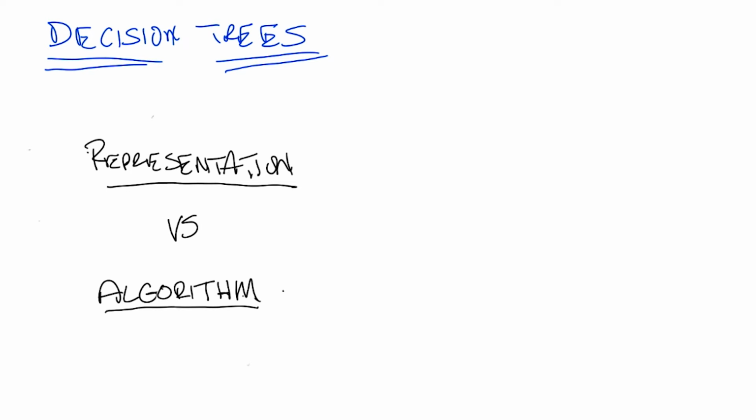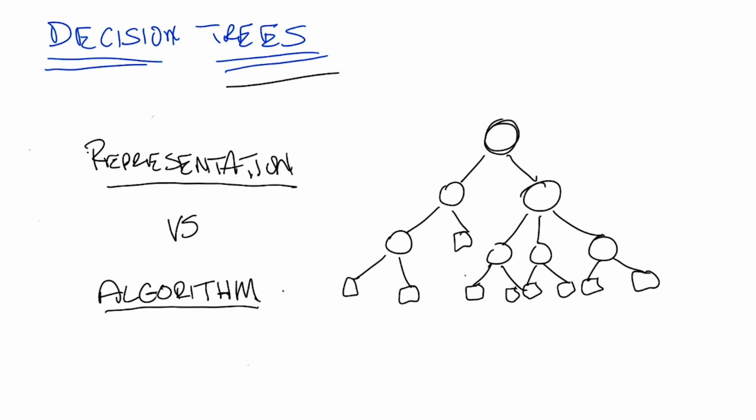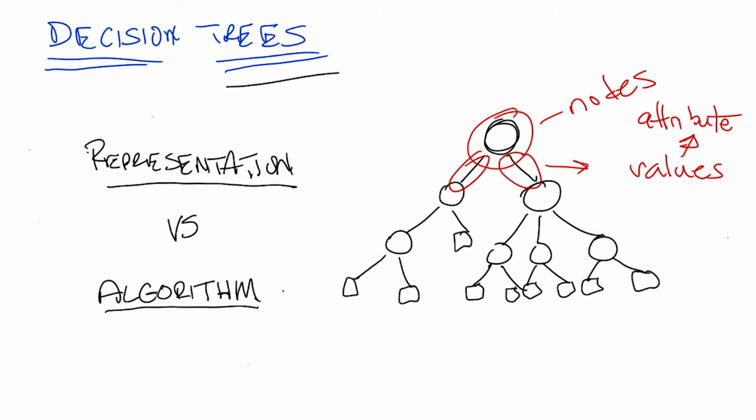Okay, so a decision tree is a very simple thing. Well, you might be surprised to know it's a tree, and it looks kind of like this. What I've drawn for you is a sample generic decision tree. And what you'll see are three parts to it. The first thing you'll see is a circle. These are called nodes, and these are, in fact, decision nodes. What you do here is you pick a particular attribute, and you ask a question about it. The answer to that question, which is its value, is what the edges represent in your tree.